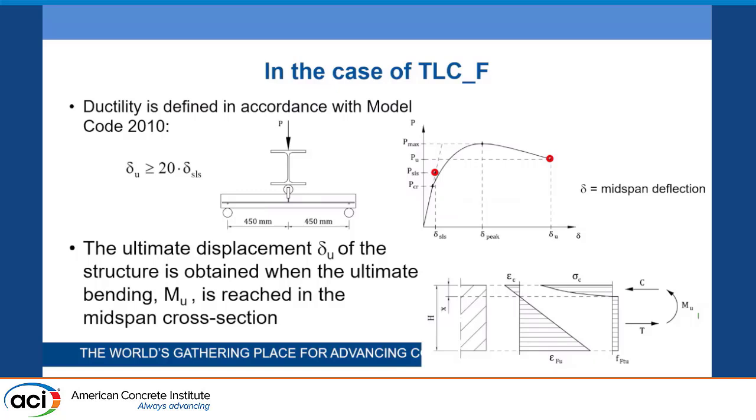In the case of fibers, the evaluation of ductility can be defined in accordance with the Model Code 2010, and in particular, the Model Code 2010 defines 2 points at the serviceability limit state and ultimate limit state. So the serviceability limit state is easily computed. It is a little bit more complicated to evaluate delta U at the end of the test. And in particular, we can define it by